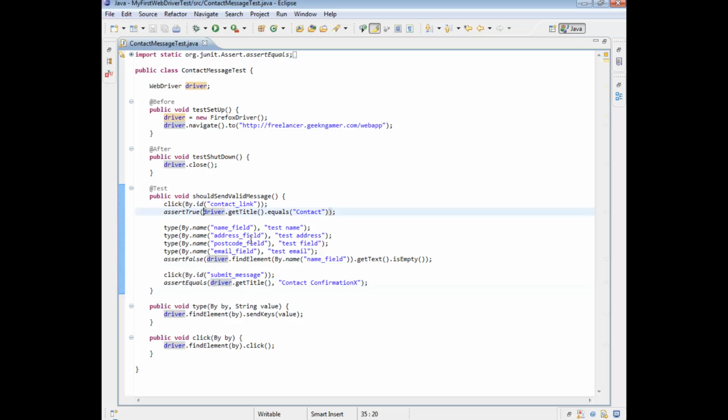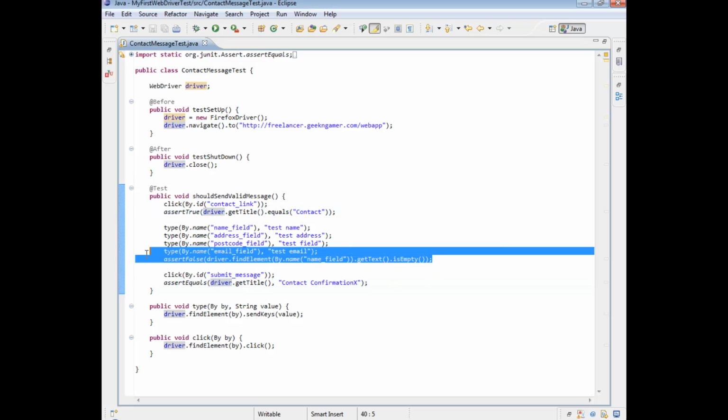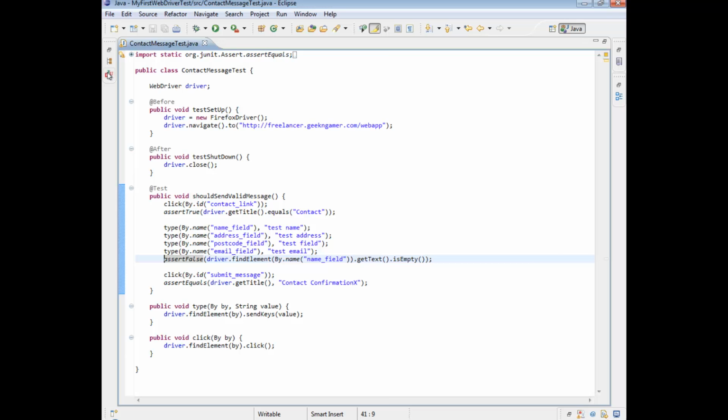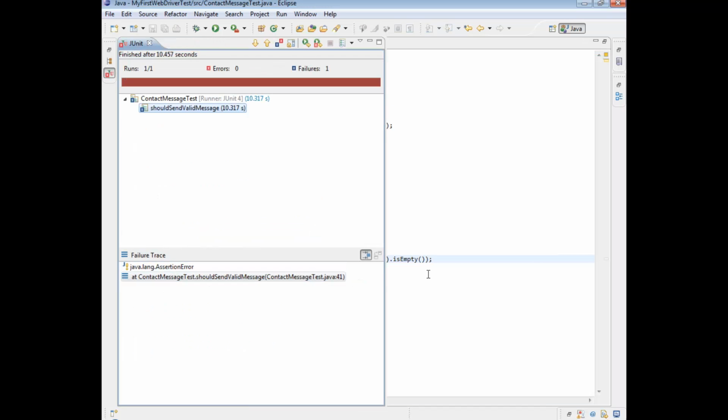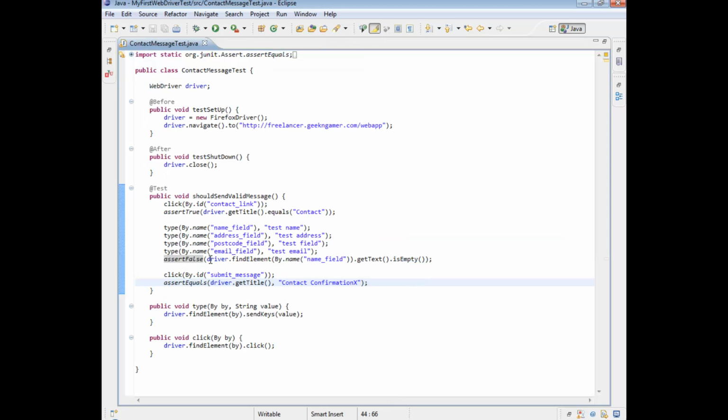Let's say this fails. At the moment, we get information, but nothing that makes a lot of sense to us. What we can do is pump out specific information instead, and you can do this by providing a string as part of the assertion. Almost every assertion actually takes in a string as a very first parameter, and this string will print out if the assertion fails. So if we put in a string here and say something along the lines of